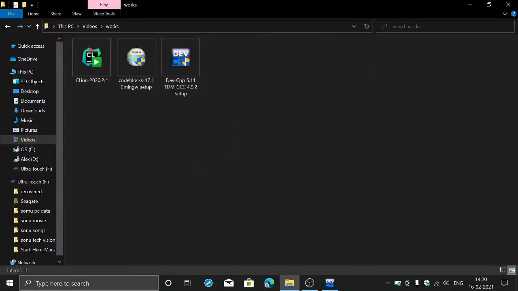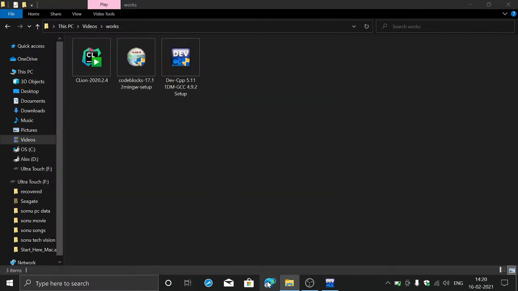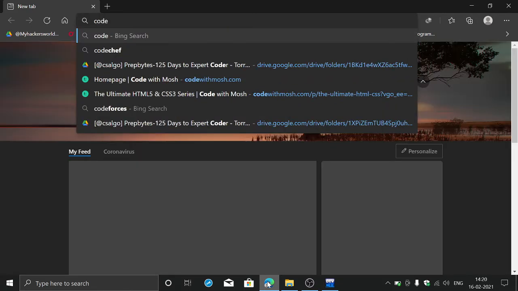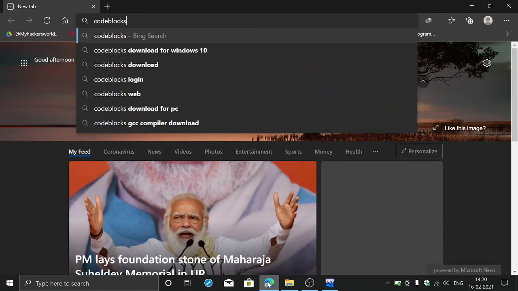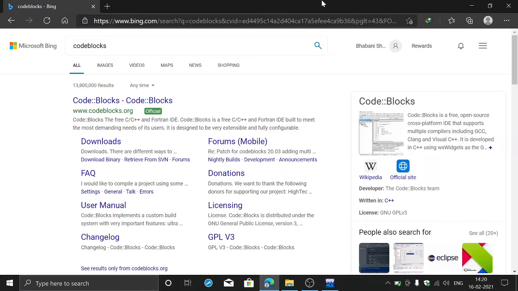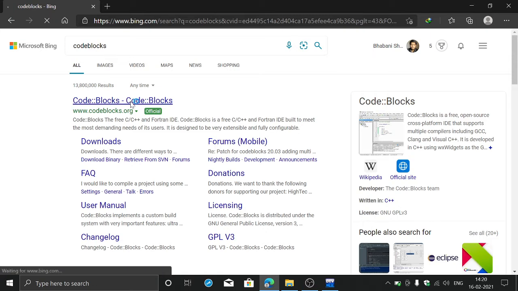Okay, so this is one suggestion while developing C++ programs. Another program I suggest is Code::Blocks. Code::Blocks is the most popular and most convenient way to develop C programs, because it comes with built-in project menus that give us project details, so it can be used conveniently. I suggest you visit the website codeblocks.org.